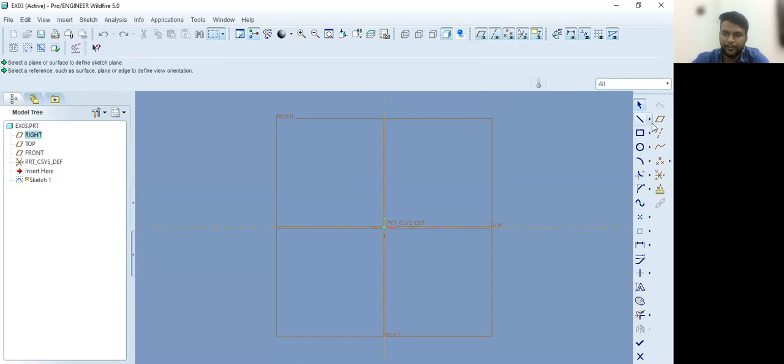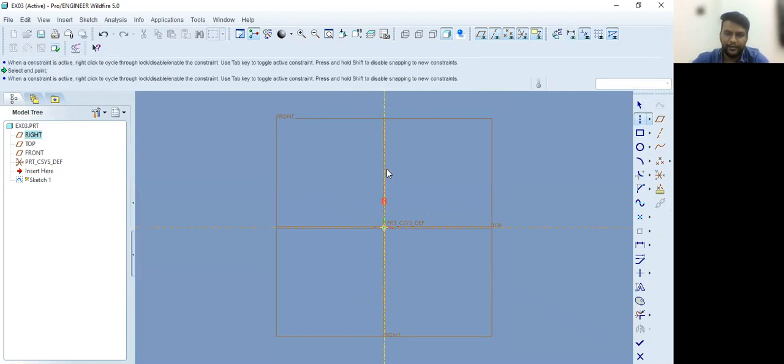Now, the first thing we need to draw is the center line. Go to the line command from here and select the last command, that is the geometric center line. Select the geometric center line and create a vertical geometric center line. Once you create the geometric center line, now we need to create the sketch, only the cross section of the axisymmetrical geometry.